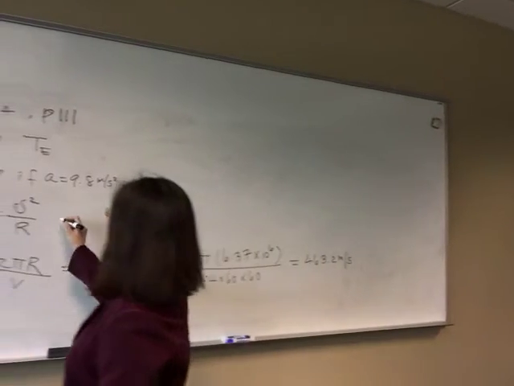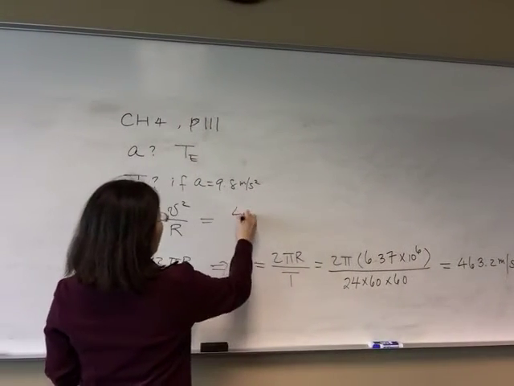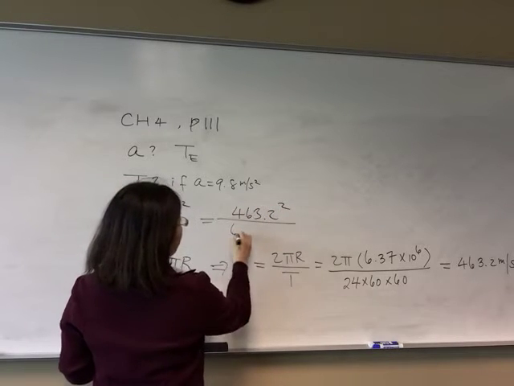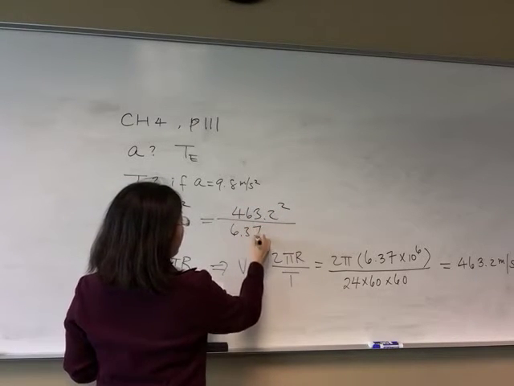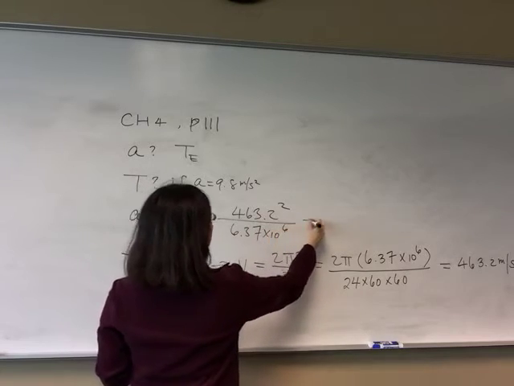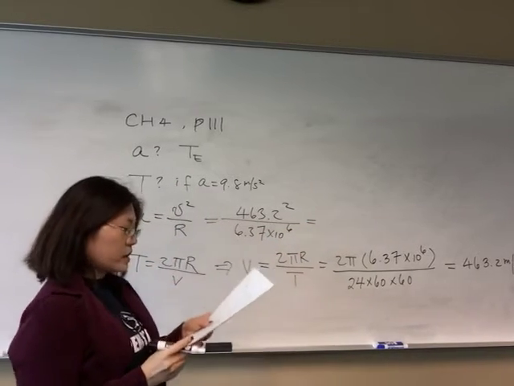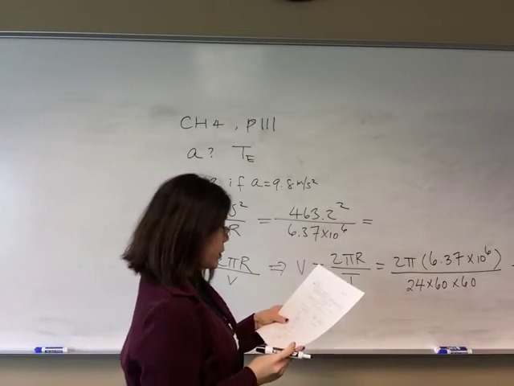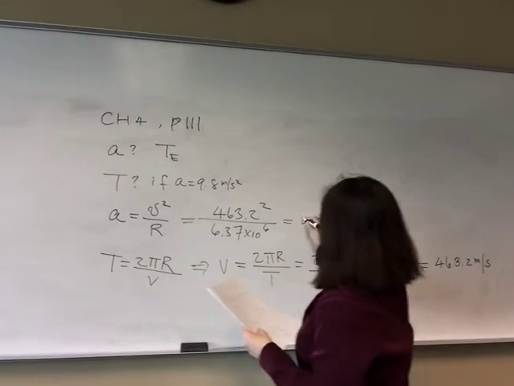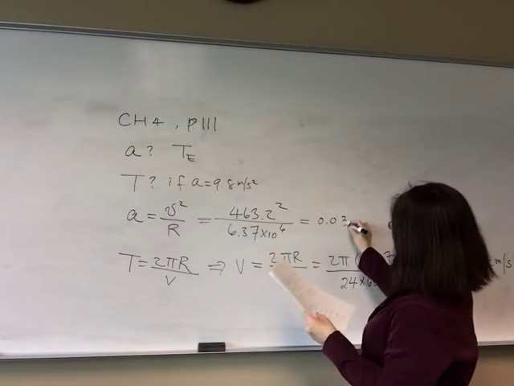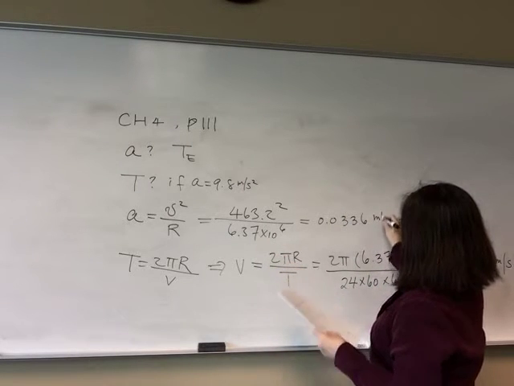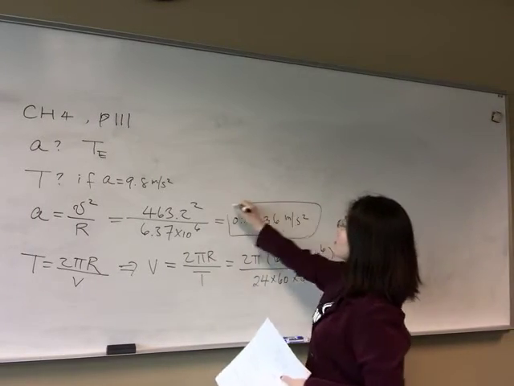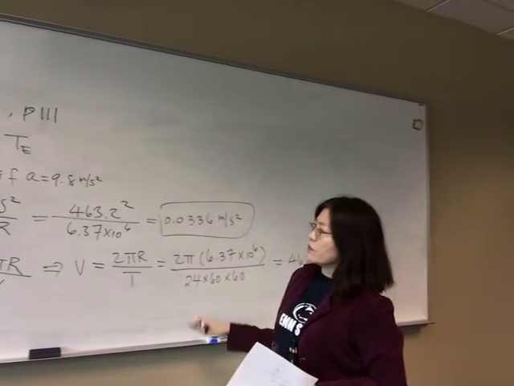Once you have that, then we'll plug into this equation. So you have 463.2, you square it, and then you have your R value, 6.37 times 10 to the 6. So after you do the calculation, you should have a very small centripetal acceleration, which is 0.0336 meters per second squared. Okay, so this is the magnitude that you calculate based on the Earth's radius,